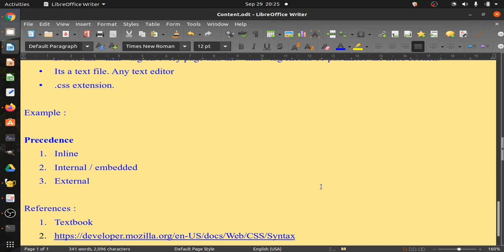The text will be black, because the styles are first seen in external, then overwritten by the internal. External said the text was to be red, then internal, found in the head section, said the text was to be blue, and in the actual tag, using inline CSS, the text was to be black. That's why inline will go with higher precedence and the text will be black.